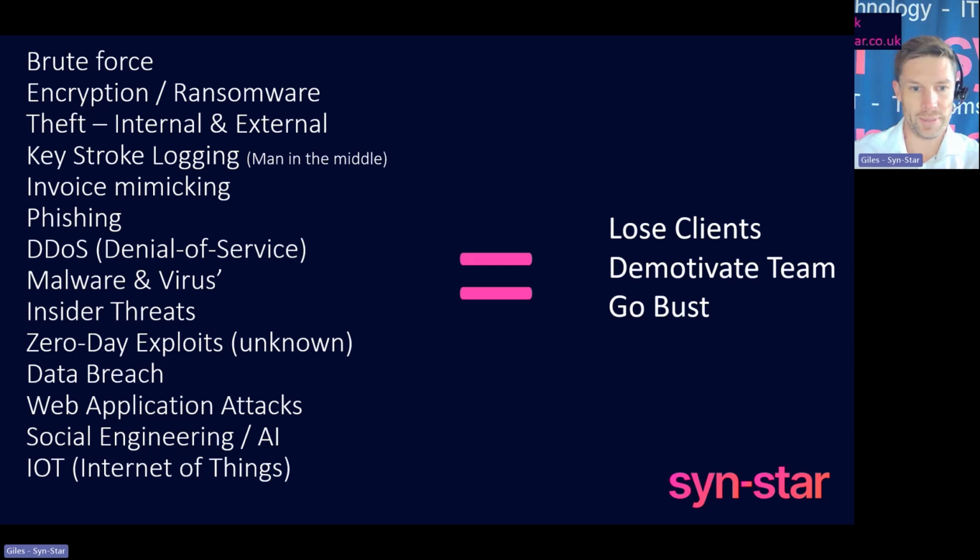So web application attacks, social engineering and AI, and Internet of Things, the final one. This is all of these different items that are now online. So, anything attached to an Alexa or a Google Hub, anything at all that generally you need to download an app for to control, you are essentially giving access to potential hackers. So you just need to be really, really careful in terms of what you allow people to download